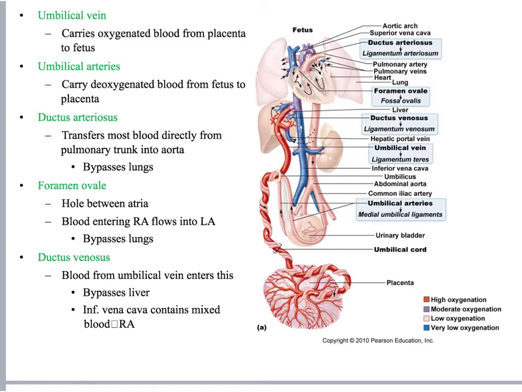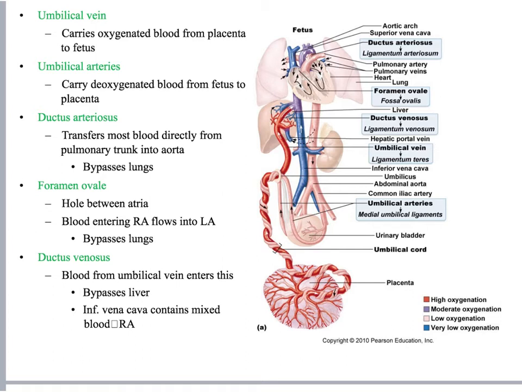All right, as the pulmonary circulation becomes functional in a newborn infant, pressure on the left side of the heart increases, the right side decreases a little bit, and this causes the shunts to close. The flap of the foramen ovale is pushed to the shut position, and the edges fuse to the wall of the atrial septum. It usually results in just a slight depression that we now call the fossa ovalis. That's what used to be the foramen ovale. And obviously there are times when this doesn't completely close, and often surgery is necessary to close it if it doesn't resolve on its own quickly.